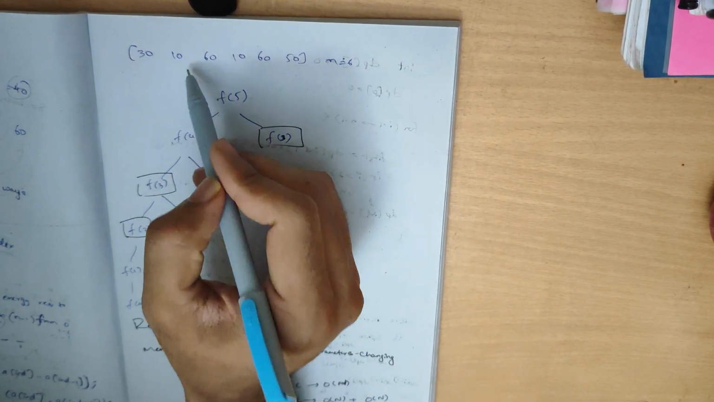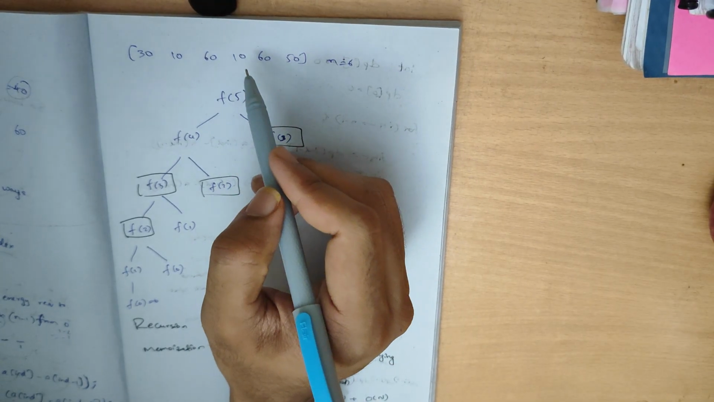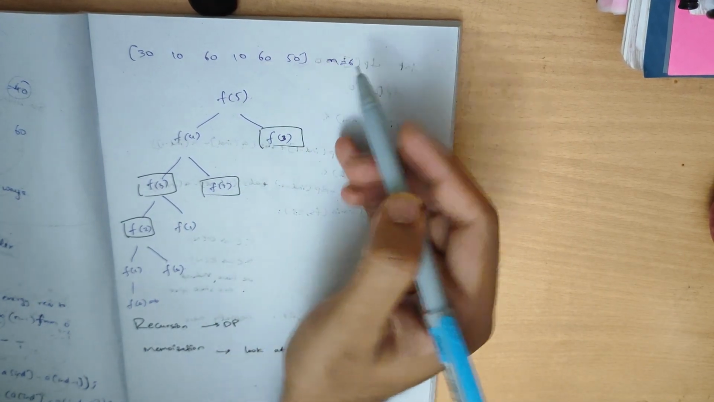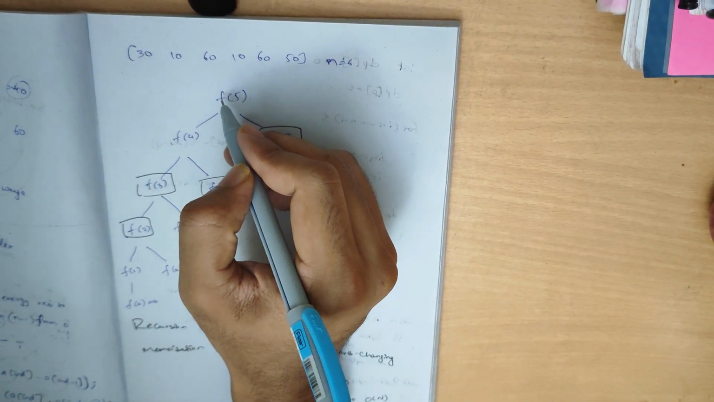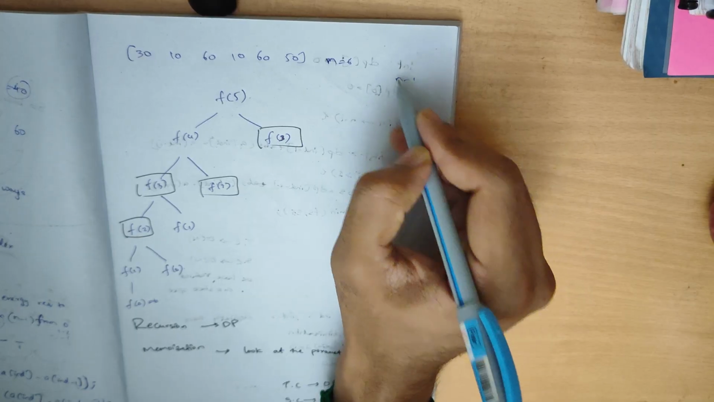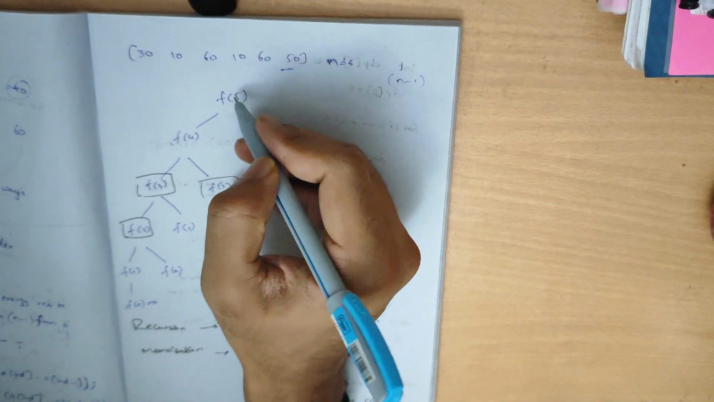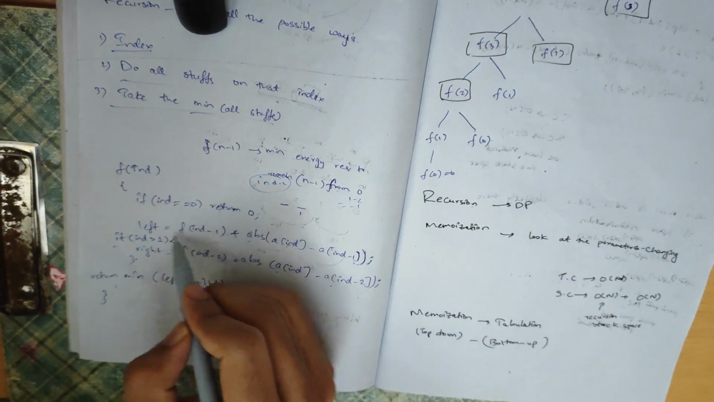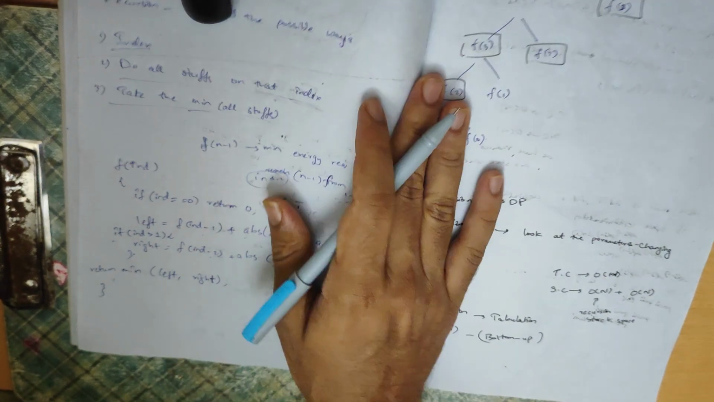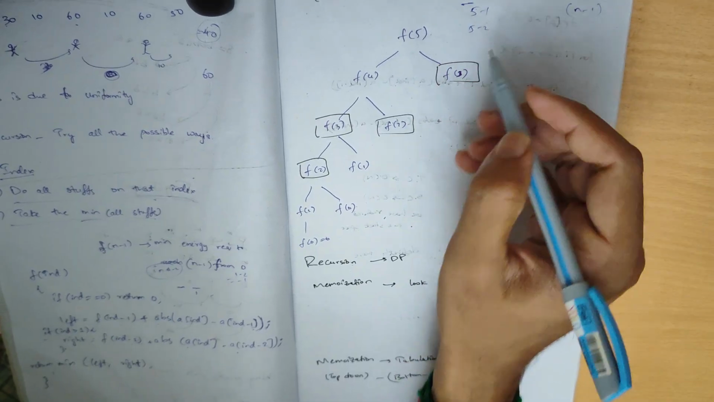Here 30, 20, 10, 60, 10, 60, 50. These are the heights of the array given. So n is equal to 6. So the first index we have taken is n minus 1. So we will start from the 50, and as per the left case, f of index minus 1, f of index minus 2, we just subtract the index, 5 minus 1 and 5 minus 2,